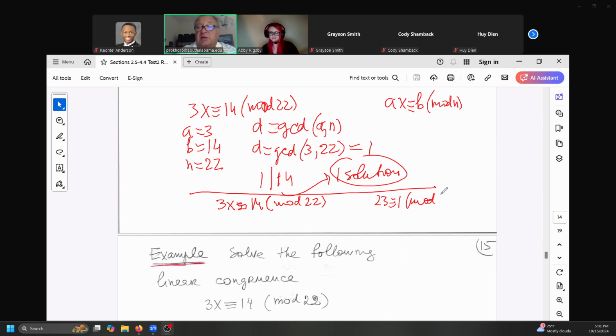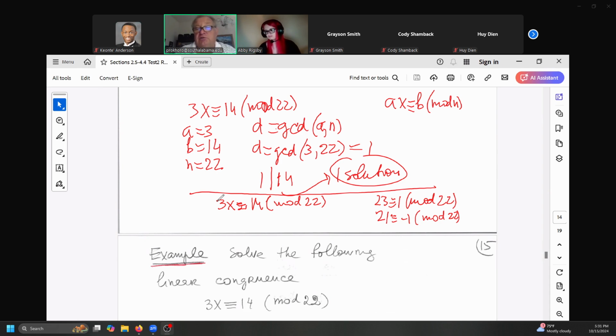Difficult to say. But what is the other number around 22? 21. But 21 is congruent to negative 1. Okay, good. So this means it's difficult to get 23 after multiplying 3 by an integer, but very easy to get 21